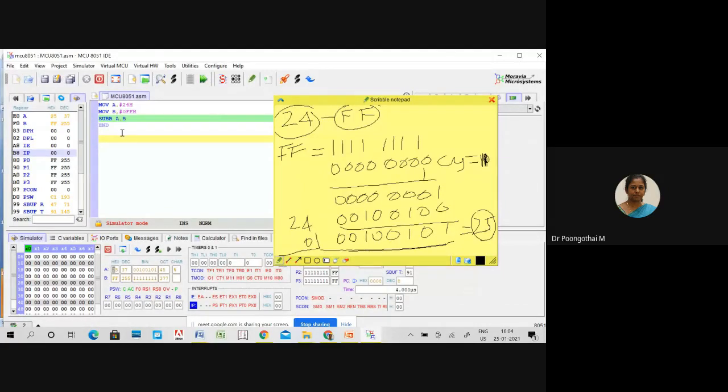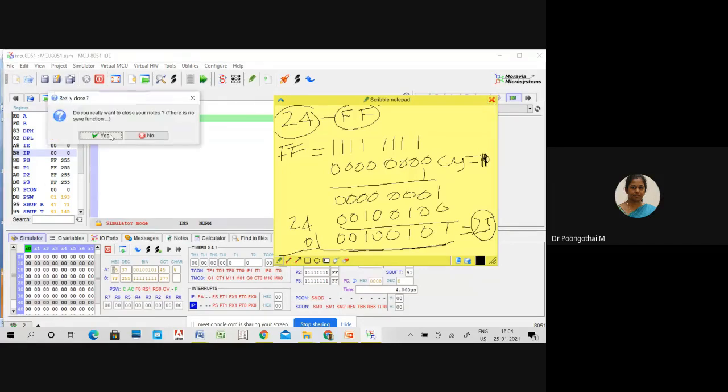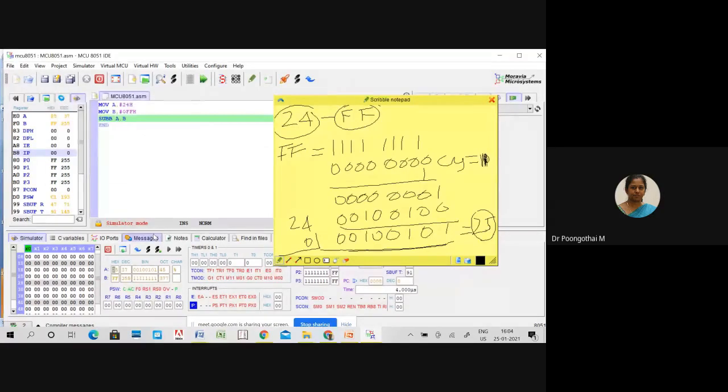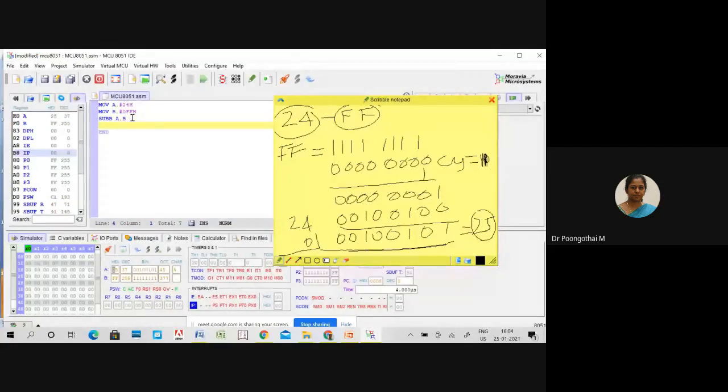Next, I am converting this 2's complement into true form. For that, you have to use the instruction complement A, which performs the 1's complement.